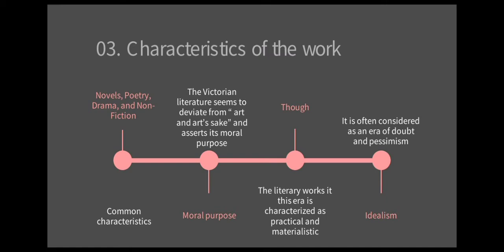Next is characteristics of the work. The first one is the novel, which is a dominant literary form, with social problem novels. And then poetry, which is influenced by the romantic period. Dramatic monologue, a lyric poem in the voice of a speaker who is not the poet. The third one is drama, which is frivolous, romantic, witty, with more contemporary values, or satirical. And the next is non-fiction, which includes essay, criticism, history, biography, newspaper, and magazine.